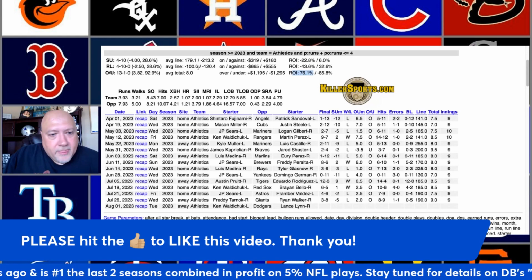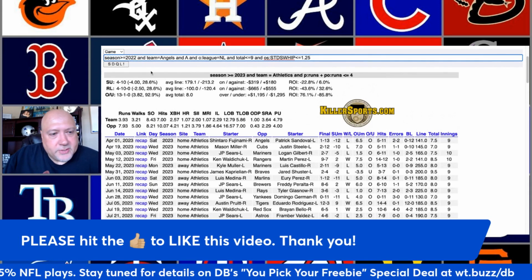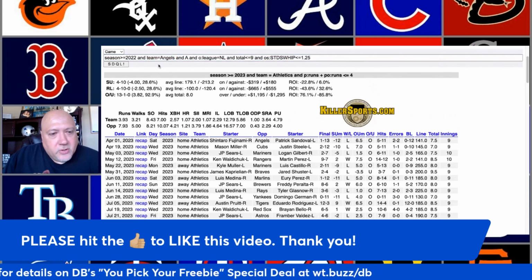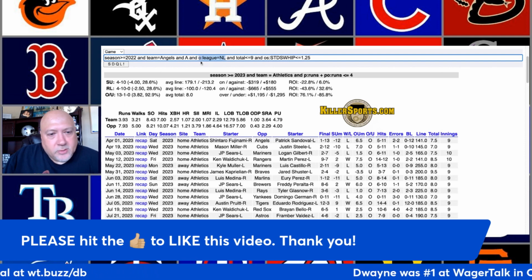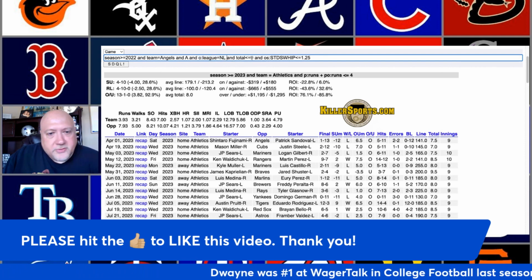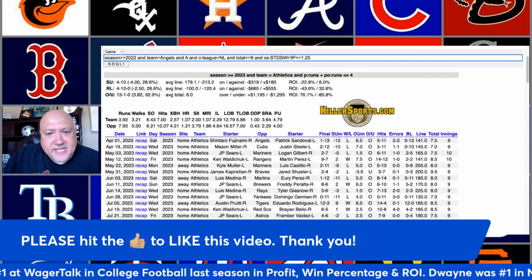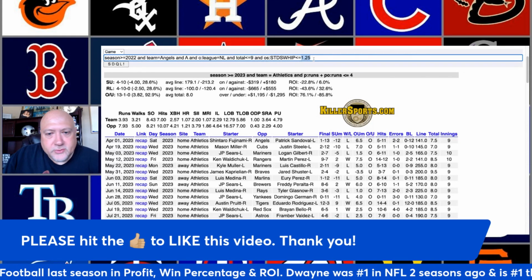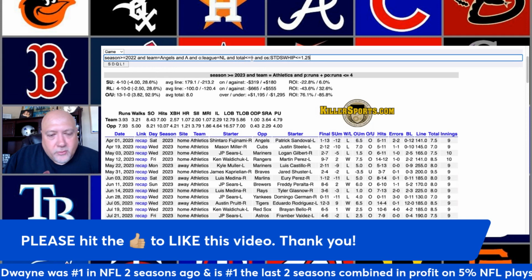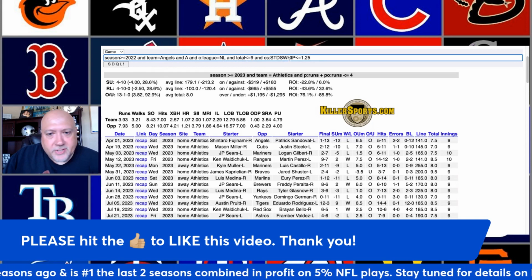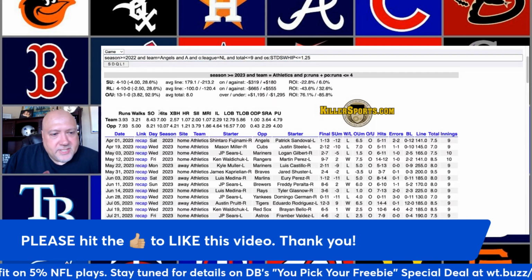For trend number 3, we're going to go back to last season, so season greater than or equal to 2022. Our team is the Angels. We're looking at the Angels on the road when they're facing a National League opponent, so opponents league equals NL, when the total is less than or equal to 9, and the opponent's starter's season-to-date WHIP is less than or equal to 1.25. So going back to last season, the Angels on the road against National League opponents when the total is set at 9 or less, and the opposing starting pitcher's WHIP on the season is no higher than 1.25. And we'll hit the SDQL button,